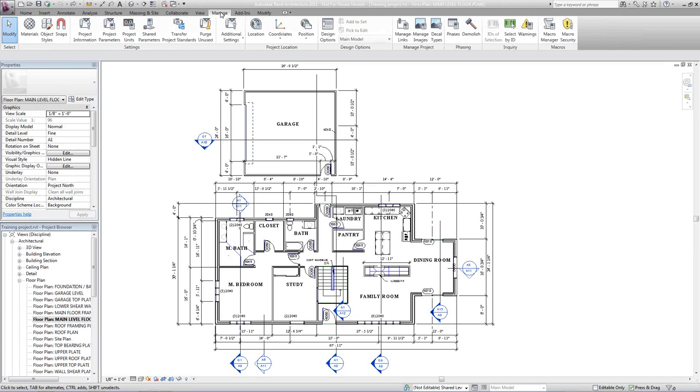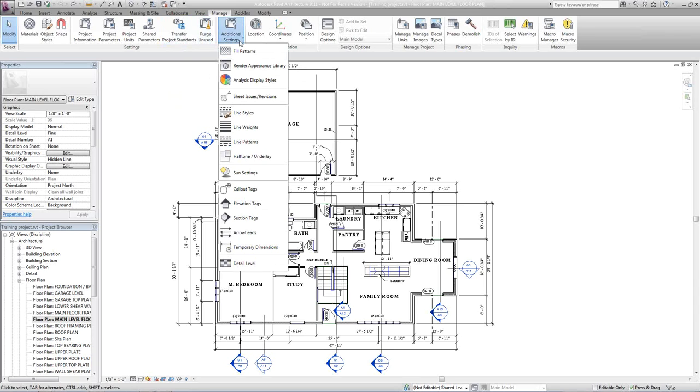Manage, this is the actual project management as well as some Revit management, but typically it's used for project management. Under settings you've got project information, project parameters, project units. You can transfer these project standards to another open Revit project or vice versa. Purging of all your unused elements and objects. Additional settings such as line weights, line styles, line patterns, detail levels, and of course your section tags, elevation tags,